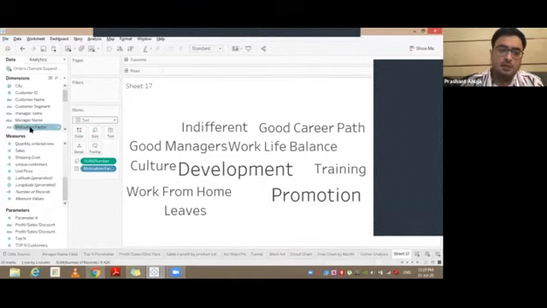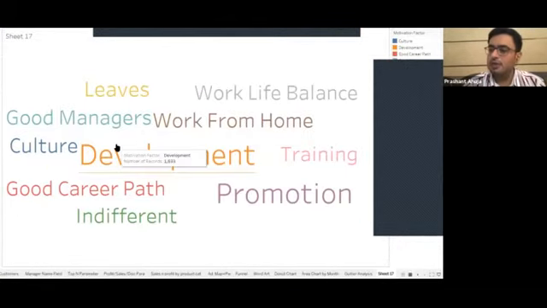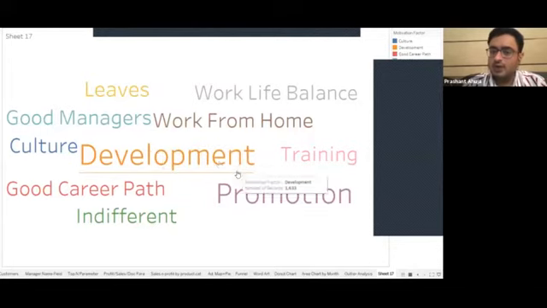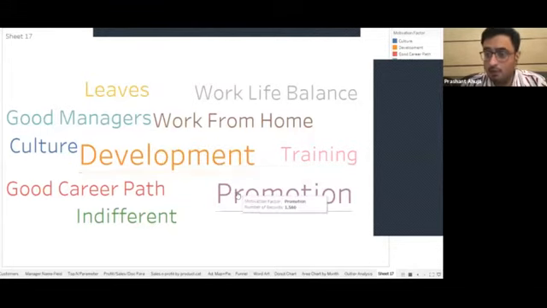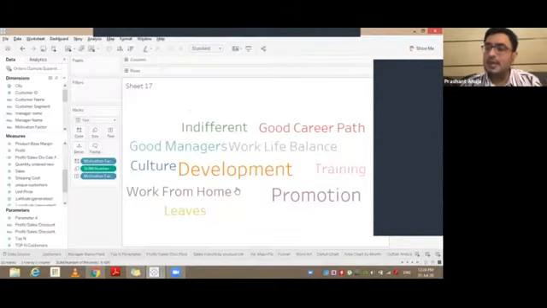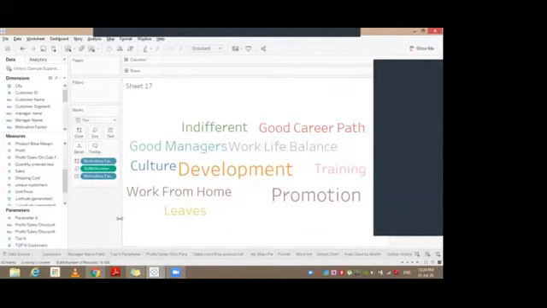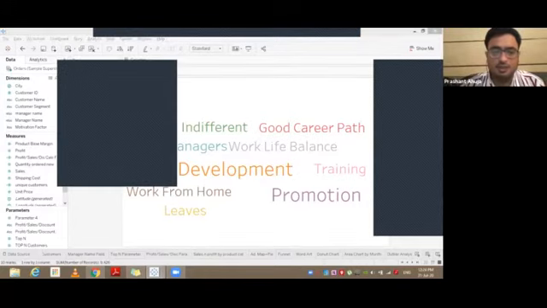You can also pick up and put it into color so that it is differently coded, and you can now see that the answer still remains the same. But what I could clearly gauge from the survey is that my employees are looking for development and also looking for promotions. So this is a very interesting way of visualizing something like this in Tableau in a word art format. I hope this is clear, and yes, sir, I'll definitely share the motivation data. I'll share the revised sheet, the updated data sheet with all of you after this session, and then you could try the word art as well.